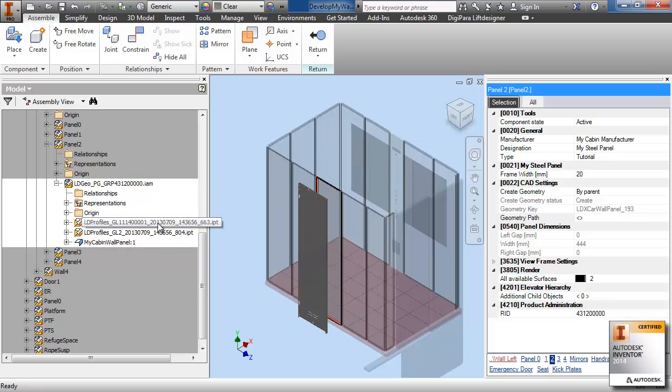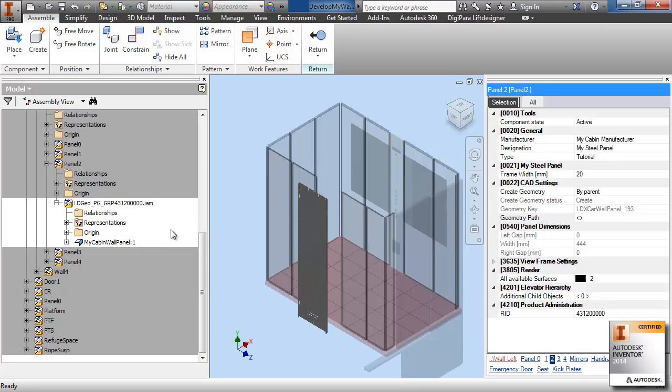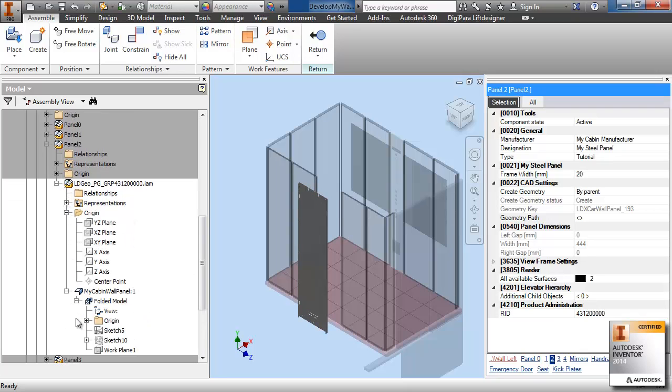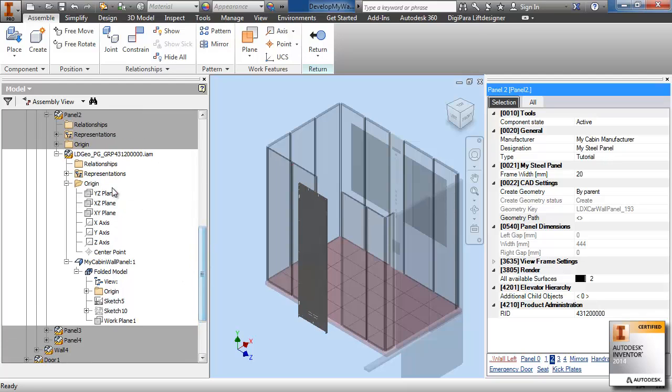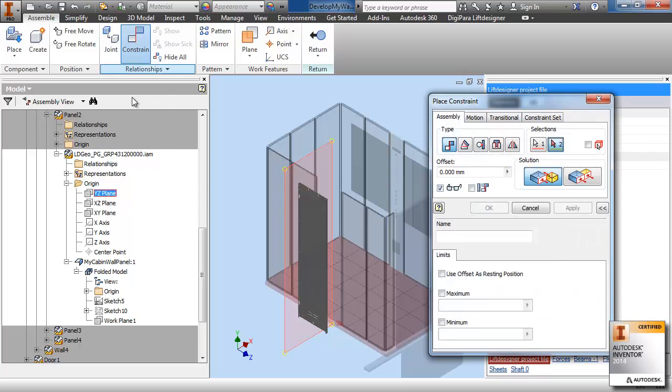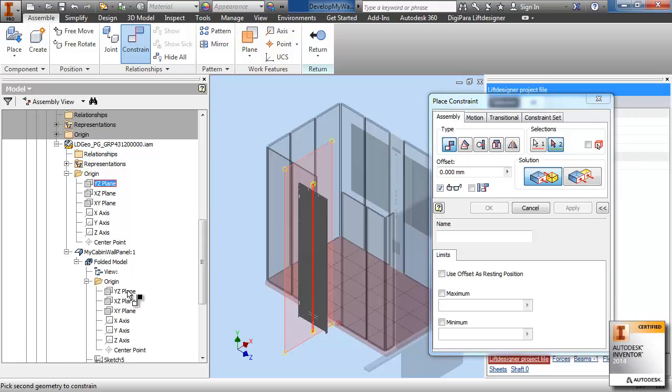We can delete the default geometry because we only want to have our geometry, and then we have to constrain the location of this object relative to our component. And the geo object has an origin and x, y, z planes, and it's very important that you constrain to these planes. So I would really recommend you to do that. So don't constrain to any walls or any other planes. Use this plane. So I make a constraint between this plane and a quite similar plane